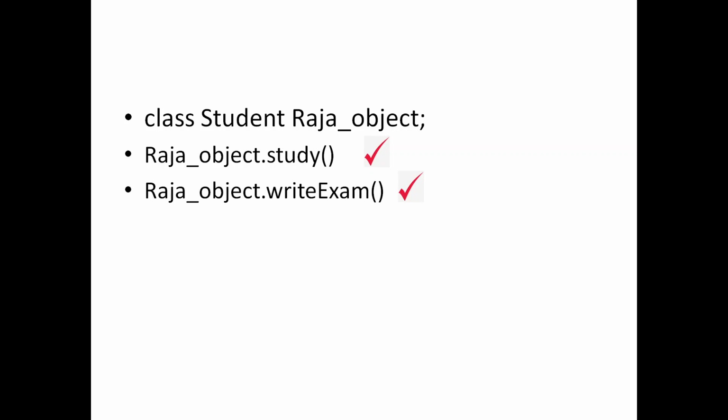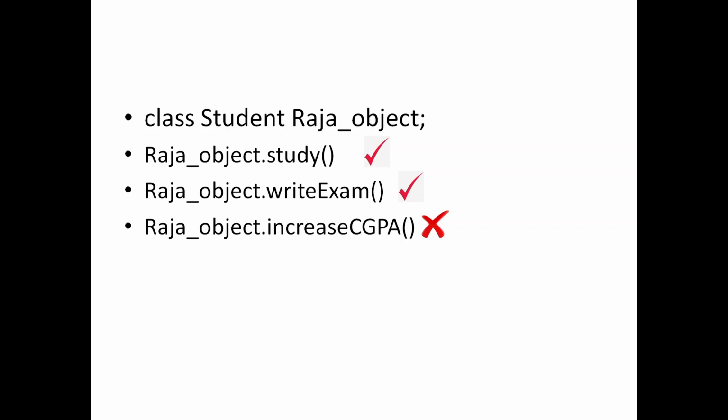But imagine I try to make a call to a method which is not part of the class. There is no method called increase CGPA provided in that particular class. Now what will happen is that this will be treated as a violation, and that is essentially what we refer to as encapsulation. Through encapsulation we combine some data members with some methods. Once that is completed, these data members can only be accessed by the provided methods, and no other new method can manipulate that particular set of data members.